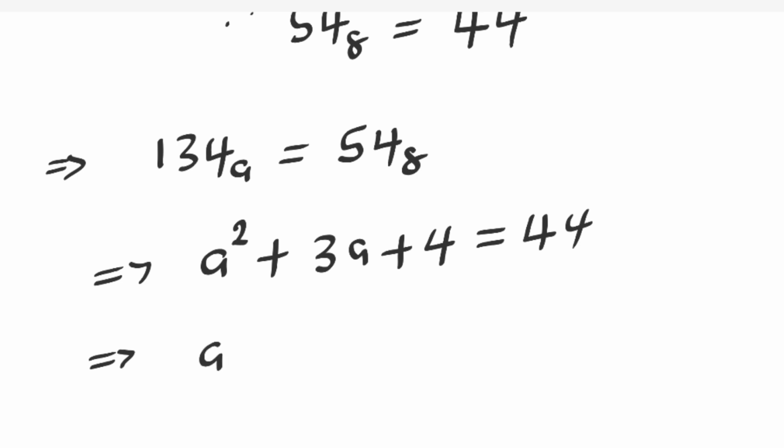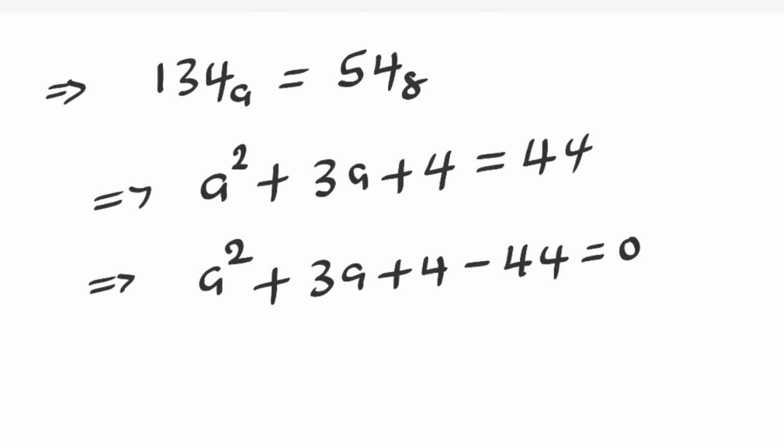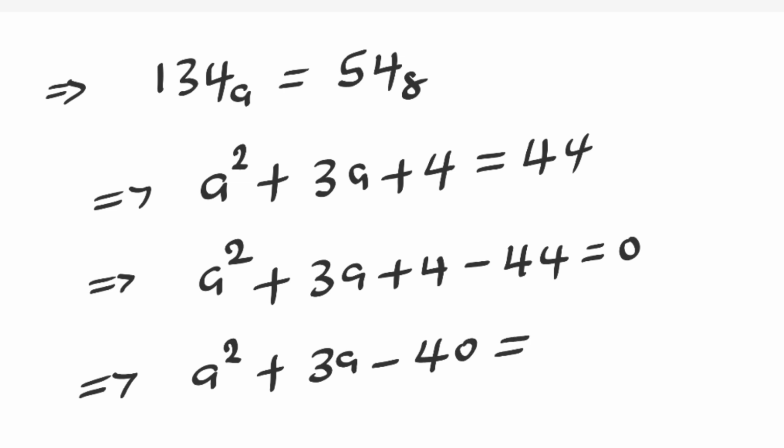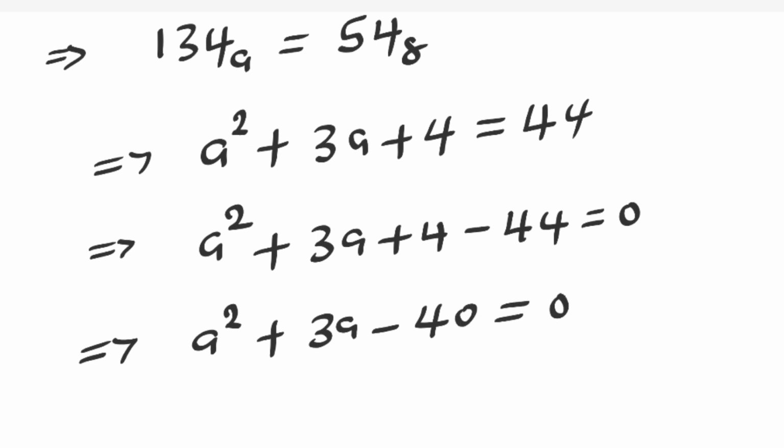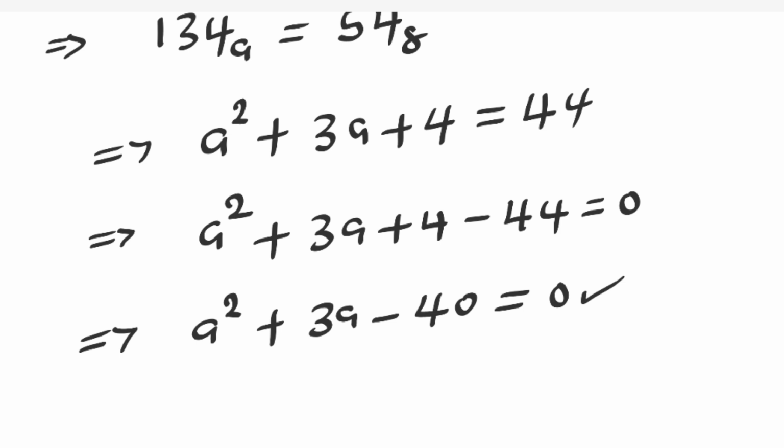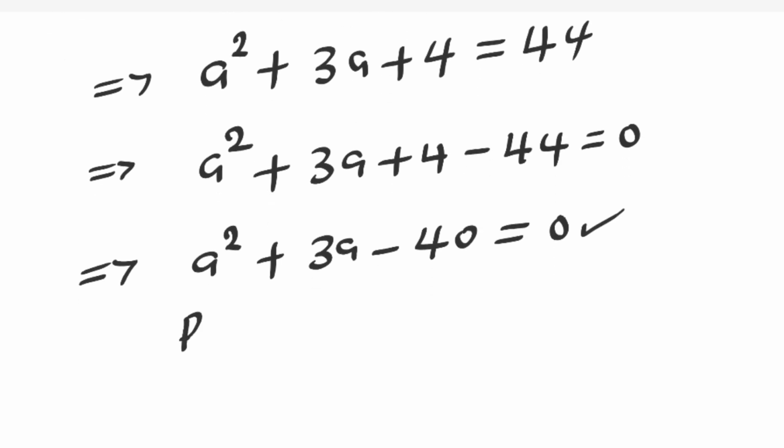This is a square plus 3a plus 4 minus 44 is equal to 0. We have a square plus 3a minus 4 minus 44, that is 40, is equal to 0. This is a quadratic equation. Let us solve this using factorization method. By factorization method,